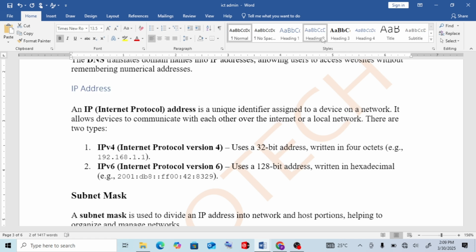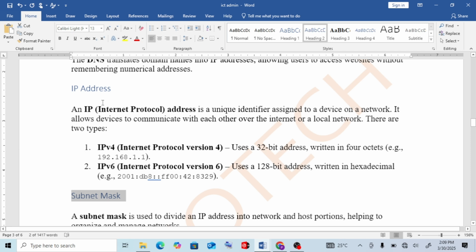Let me give it heading 2. Again, you come here, this is subnet mask, you give it heading 2, meaning these subsections will be of the same category because you have given them heading 2.